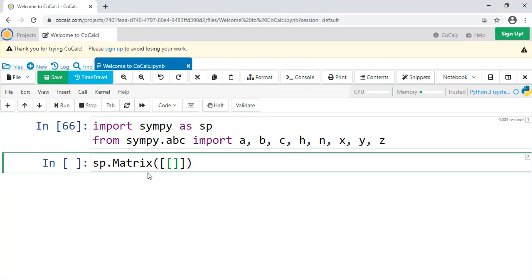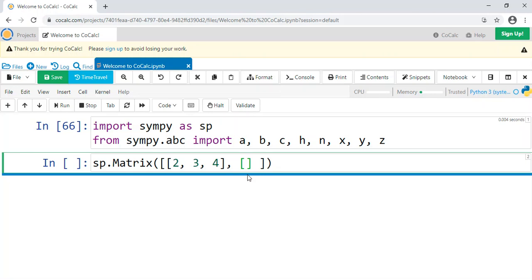So you do 2, 3, 4, and then comma. So now this is going to be the first row of my matrix. Now let's do another row. 9, 8, 1, comma, 9, 3, 3, right?